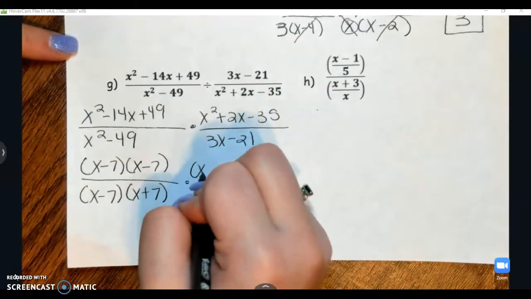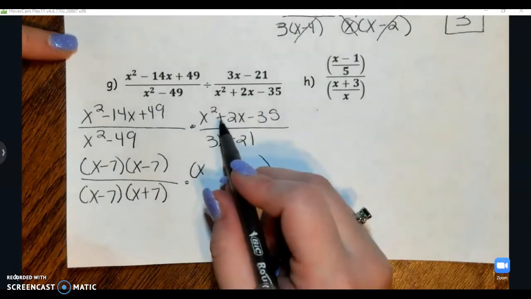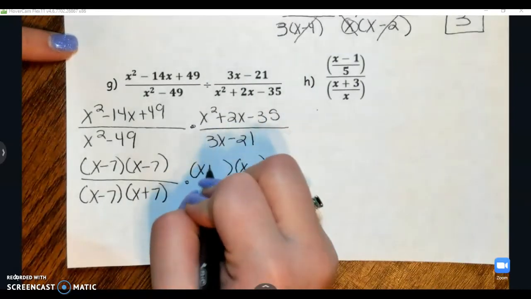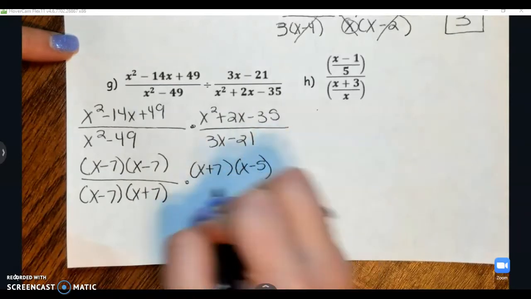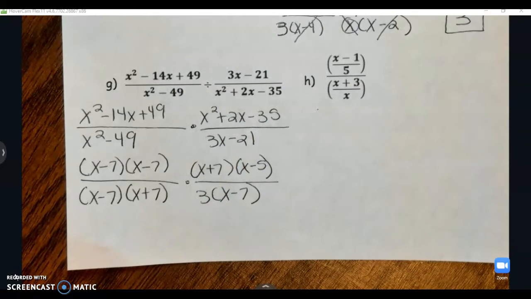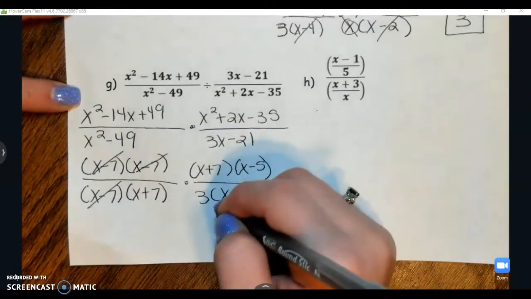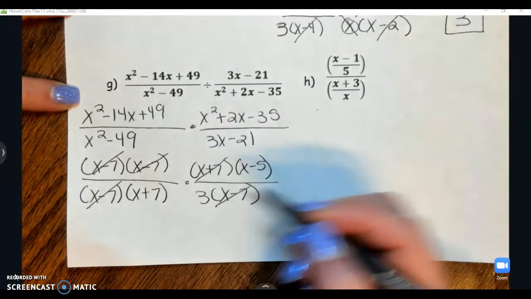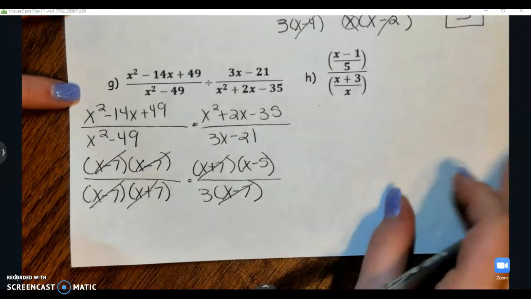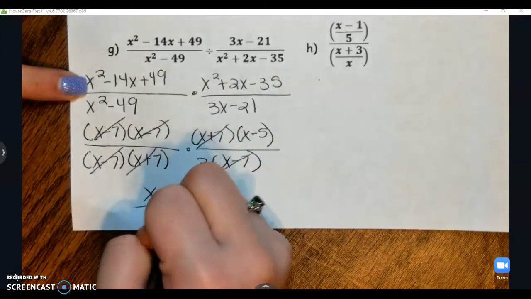Times. Looking for factors of negative 35 that add to positive 2. It's going to be positive 7 minus 5. GCF. All right. We factored everything. Let's cancel our like terms. X minus 7, x minus 7, x plus 7, x plus 7, and that leaves us with a final expression of x minus 5 over